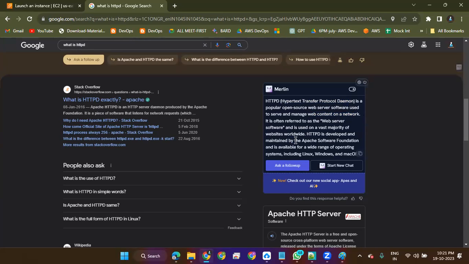It's from the Apache Software Foundation. So the daemon can work on any operating system: Mac, Windows, Linux. But in Windows, they probably won't use httpd. They will go with IIS, Internet Information Services Manager.